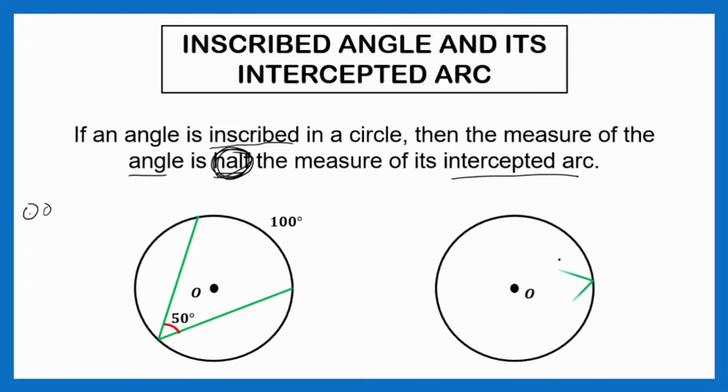Next. We have circle O pa din. Ito ay intercepted arc. Inscribed angle, kasi yung vertex niya ay on the circle. If ever na given sa atin is 130 degrees, ito daw, this one is 130 degrees. What can you say about this angle? Sir, kalahati po siya niyan. Kalahati, divide by 2, just like what we did here, divide by 2, the answer is 50. So when we divide 130 by 2, the answer is 65 degrees. Tama? Ganun lang siya kasimple. Ganun ang relationship nilang dalawa.